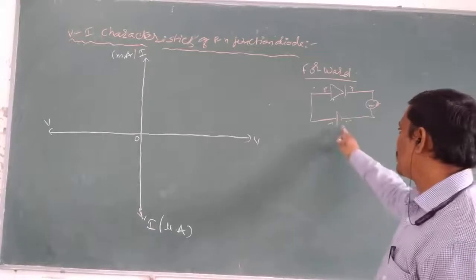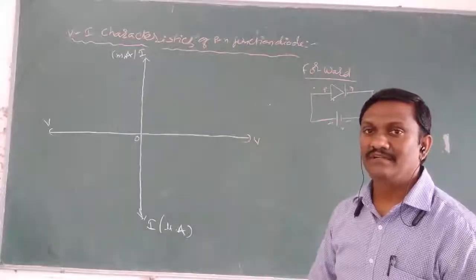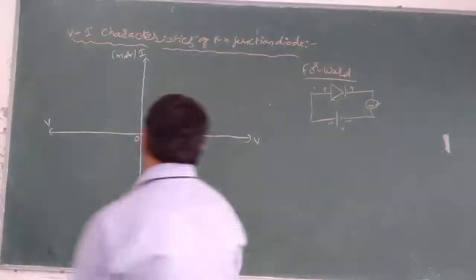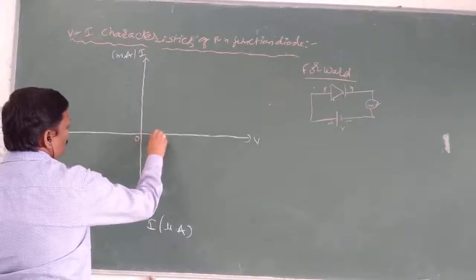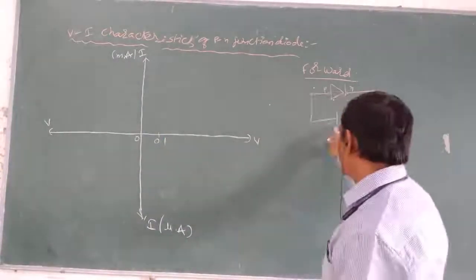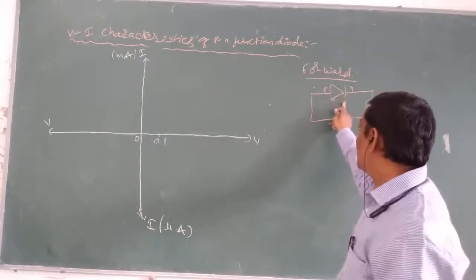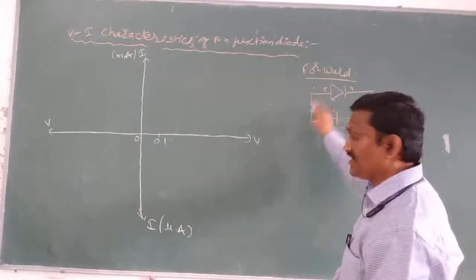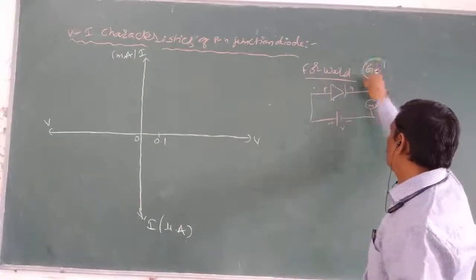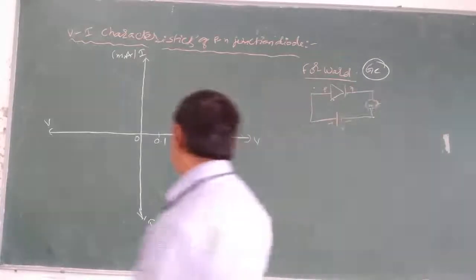If applied potential is zero, current conduction is also zero, because the depletion layer stops the further movement of charge carriers. The initial depletion layer does not allow carriers from one region to another. So when the applied potential is zero, current is also zero. Now the applied potential is 0.1 volt. The holes in the P region and the electrons in the N region are not able to cross the depletion layer. Assume this given diode is a germanium diode. If applied voltage is less than the barrier potential, current is almost zero.